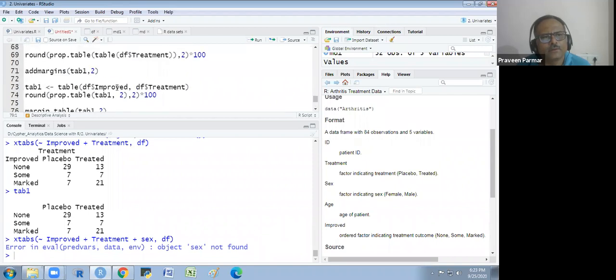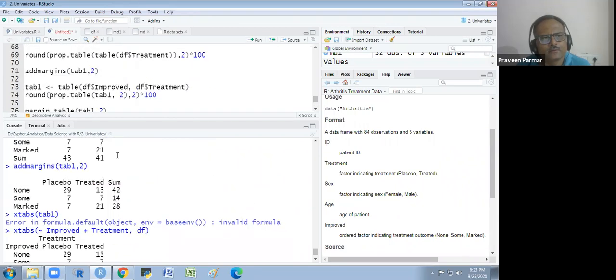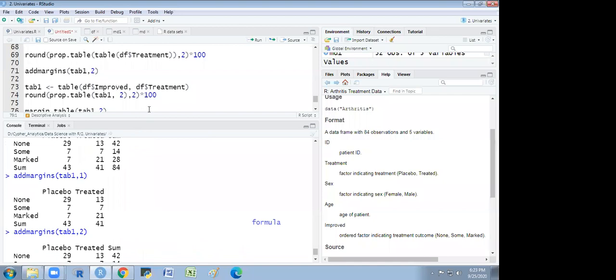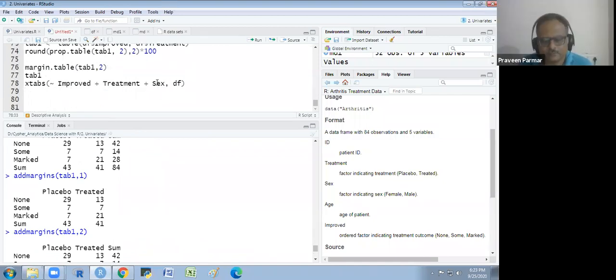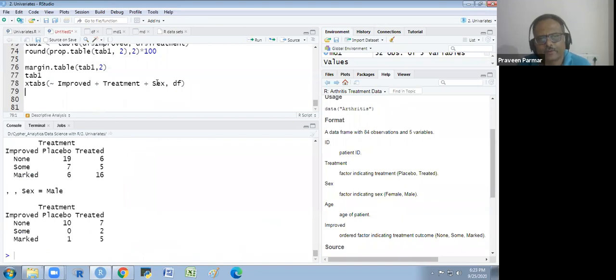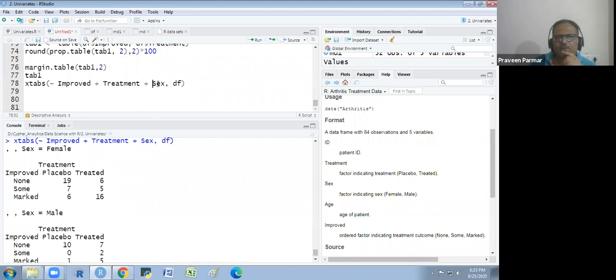Here is the sex variable, S is capital. You see, we are getting it in this way. The third variable which we have taken, it is bifurcated according to that. The sex is female and the sex is male.